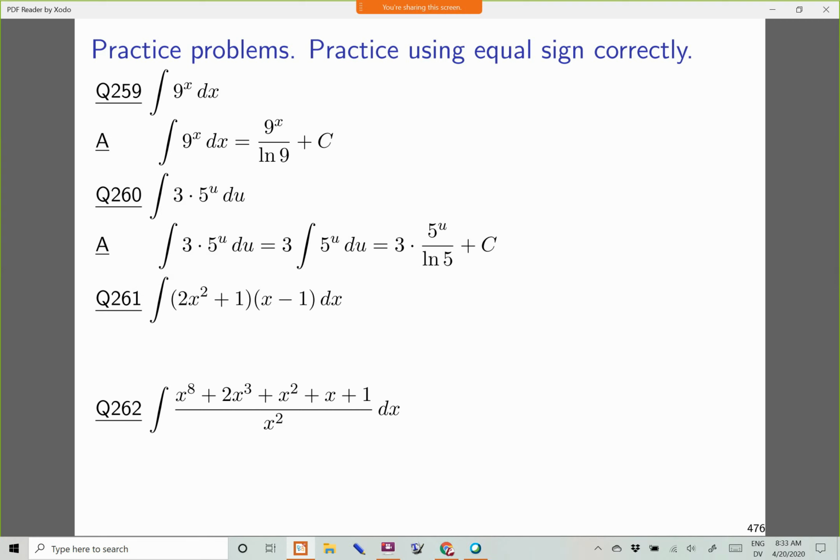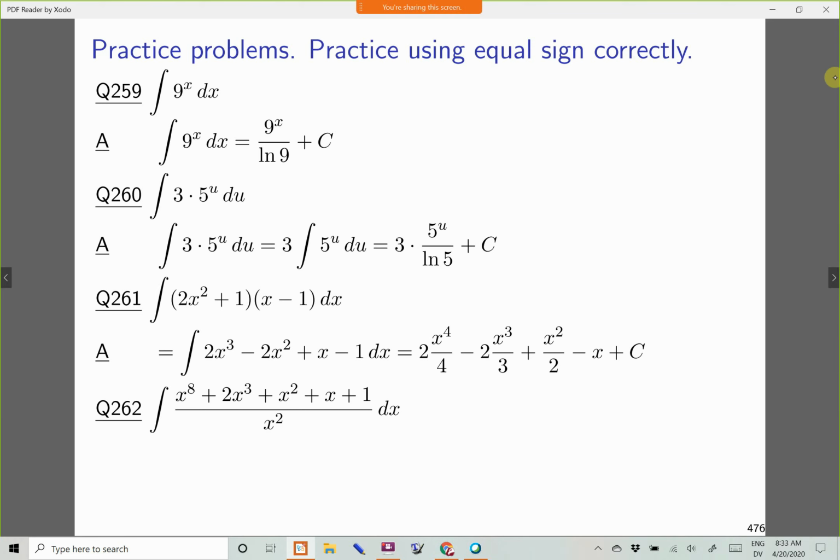For the third one here, the common mistake that occurs, just because of how the problem is presented, is that people will often try to anti-differentiate 2x squared plus 1 separately from anti-differentiating x minus 1. Those thoughts never occurred to me when completing this question. It's not that you should anti-differentiate 2 things separately and multiply the results. That's made up work. It's not going to be the same final answer. Even if you simplify the answer the wrong way, the answers will be completely different.